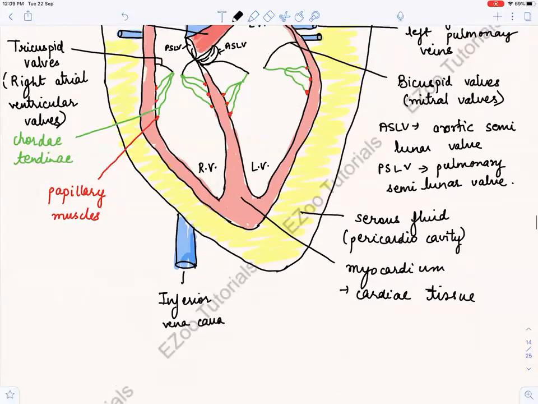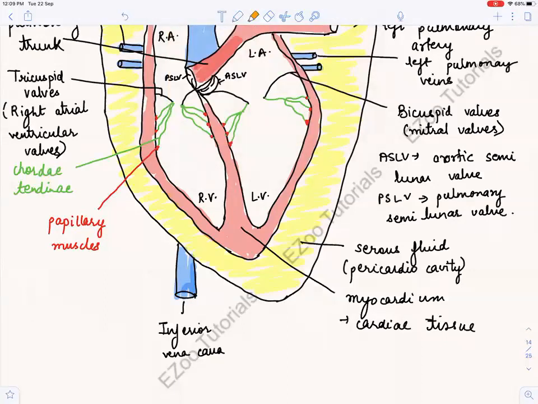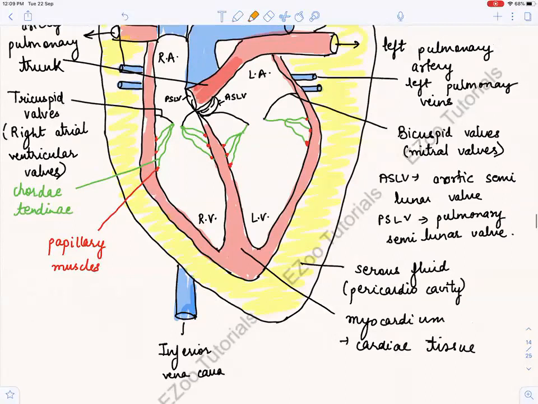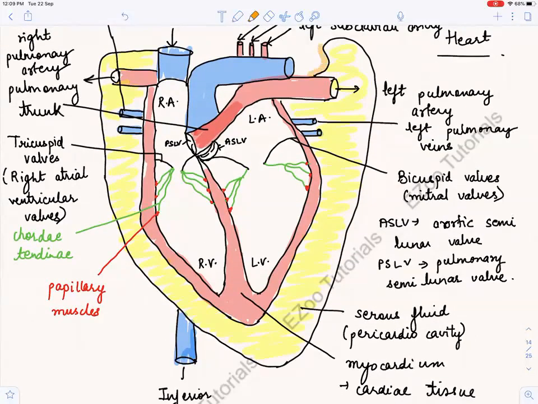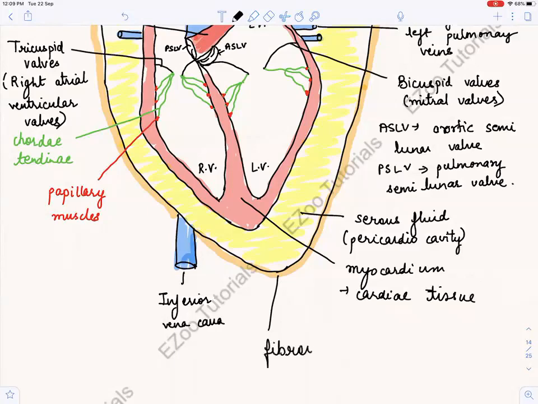Now let us see what all other linings are there. I have to take a very thin one because I'm going to draw a lining, and I will first draw the outer lining. What is this outer lining? This is the fibrous pericardium. This brown lining that I have drawn is the fibrous pericardium. And what is the fibrous pericardium doing? It is doing basically three functions.